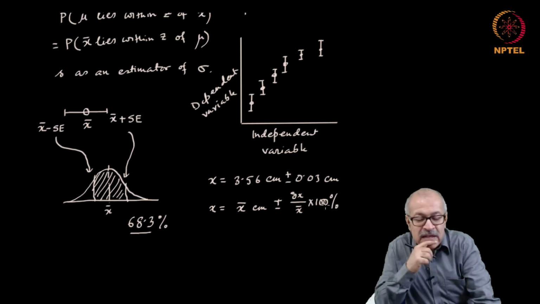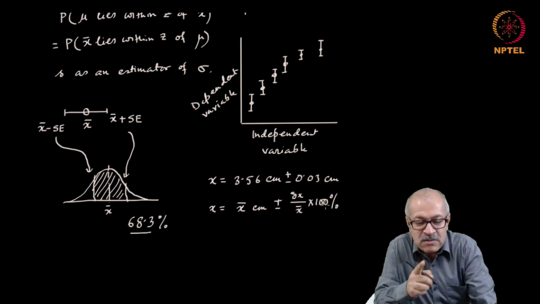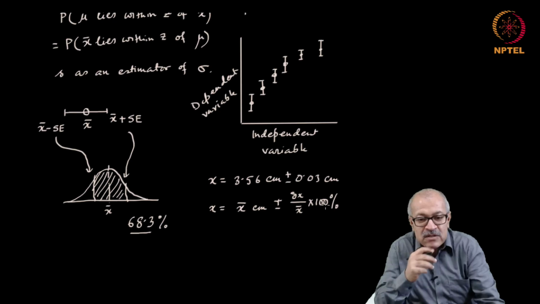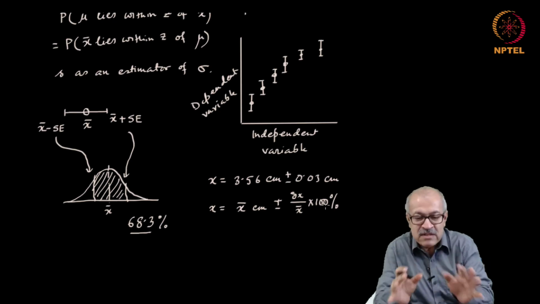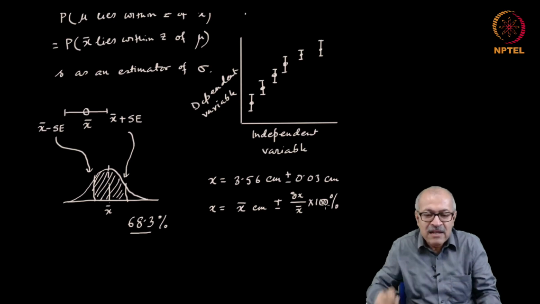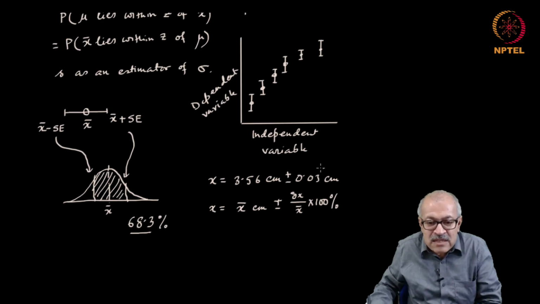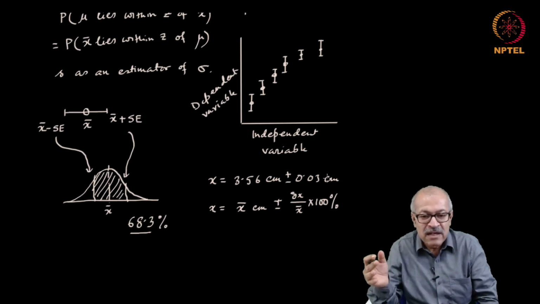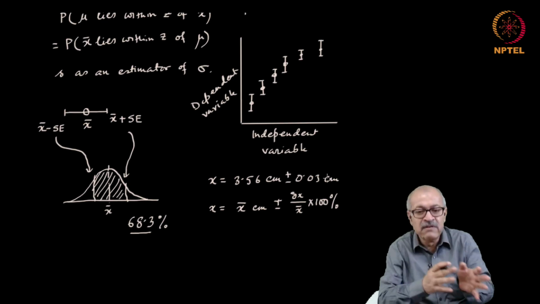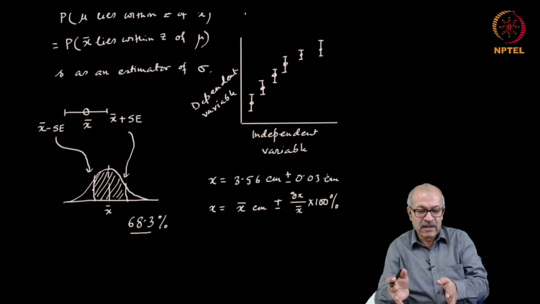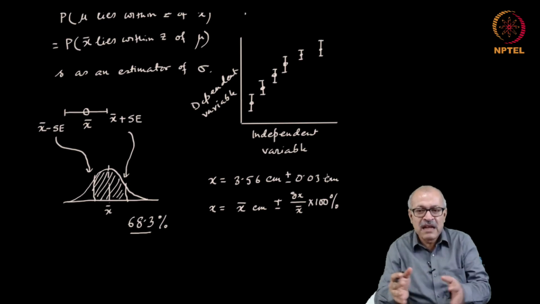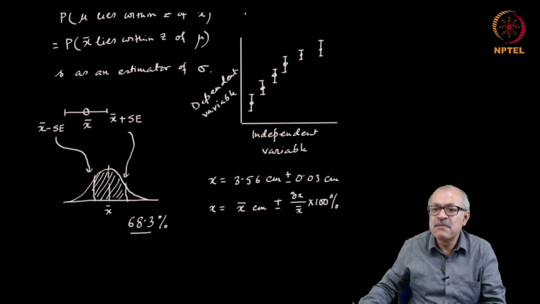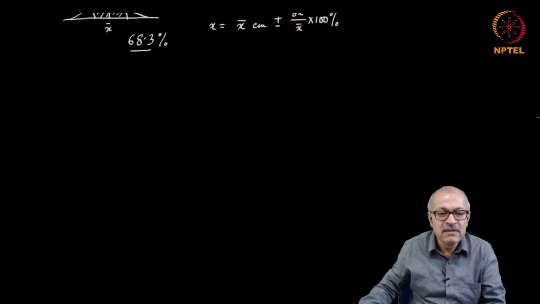So, the point that I am making is that whenever you make an observation, a measurement, you state the result of the measurement always this way, and the extent of this error that you state is also objectively calculated. Let me just illustrate that by means of an example, and then I hope that will be clearer.